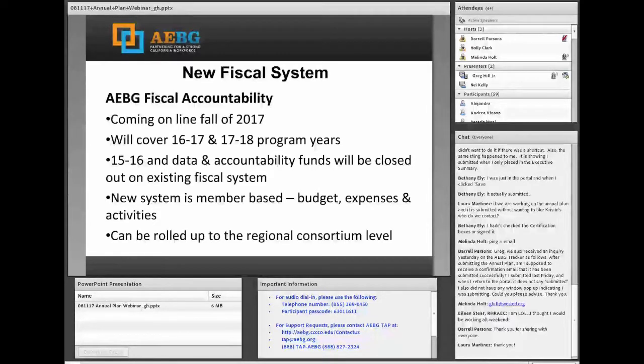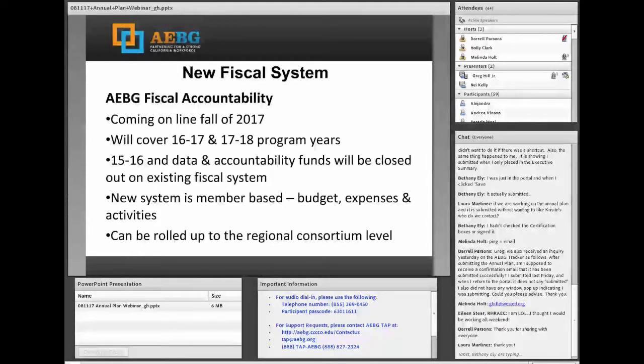We realized that we could not tell how much indirect each member was charging, and we couldn't tell how much consortia admin, which is capped at 5%, consortia were charging. So this system will help us be more accountable with our AEBG funds and actually know what each member is doing with the funds.